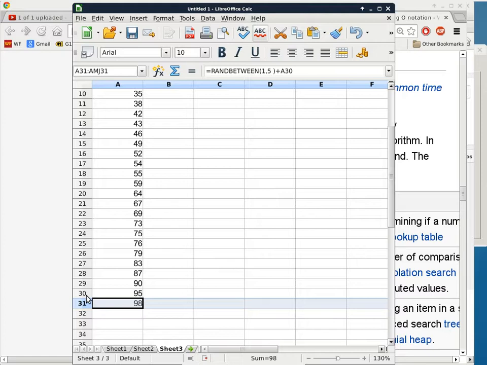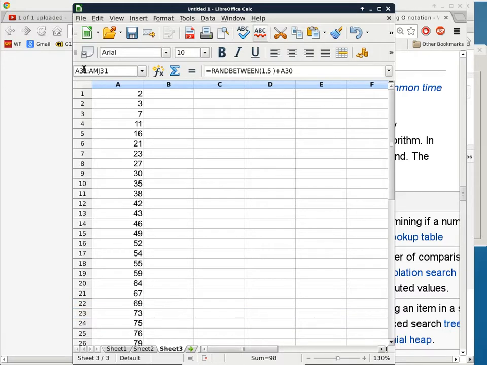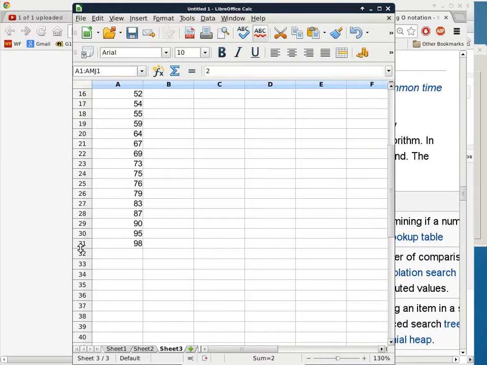Add 1, divided by 2. Add 1 to 31 and divide by 2. That gives you 16. It is the first row number plus the last row number, divided by 2. Right? If you have 3 rows, it becomes row 1 plus row 3, which is 4, divided by 2 is